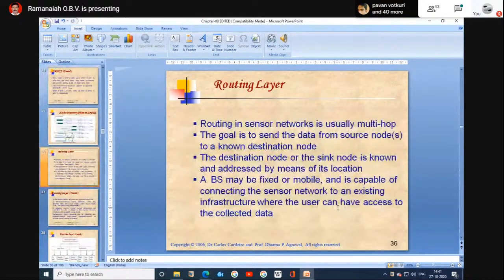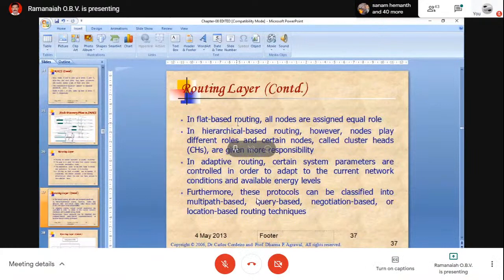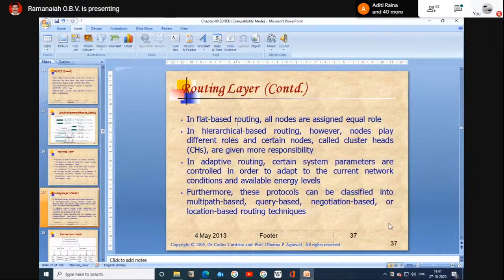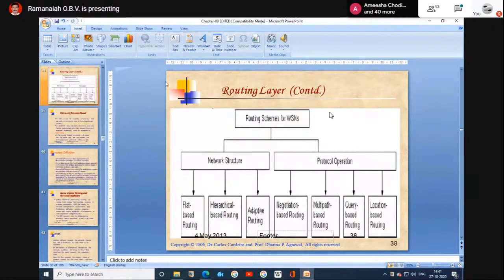So, routing layer. The first thing is, you should understand that wireless sensor networks demand special treatment, a special implementation of the routing layer. Why? Because of its own set of characteristics as mentioned now. Once you understand that point, then you can look at this. In the literature, so many people have done research work, and they have come up with so many protocols,